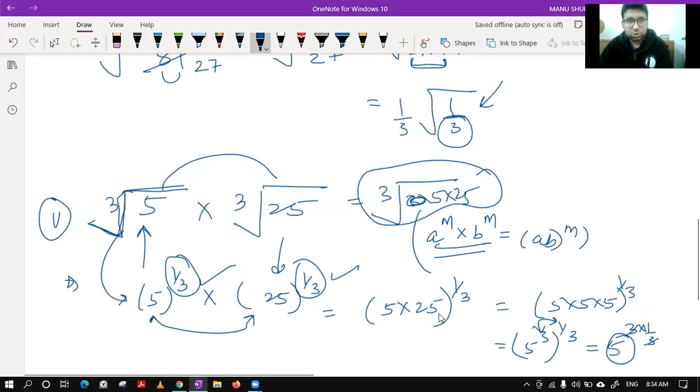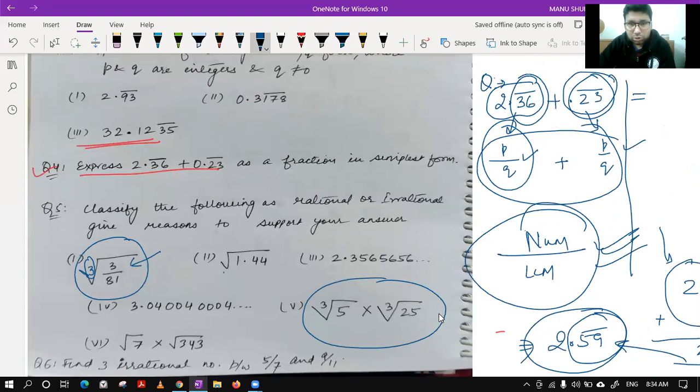Okay. Now let's take third part. Third part is 2.35656565 and so on. So Mishti, this is a rational number by the definition that we have done. Rational numbers are either terminating or non-terminating repeating. So if there is a repeating part, you can say that number is rational. So you can see this is 565656. Actually the number is 2.356 bar. Sorry Utkarsh, it is 56 only. By mistake I said 65.